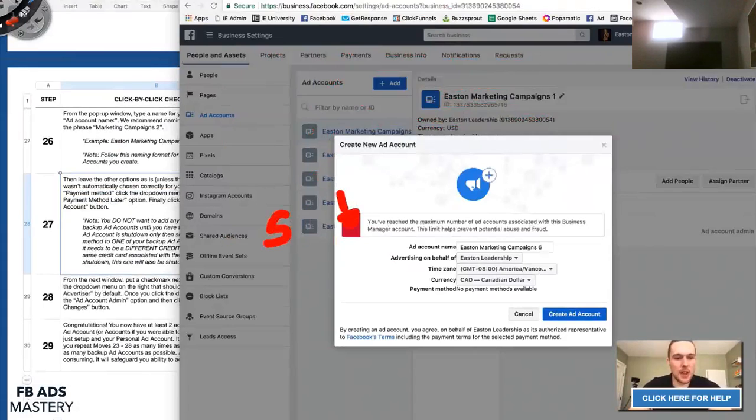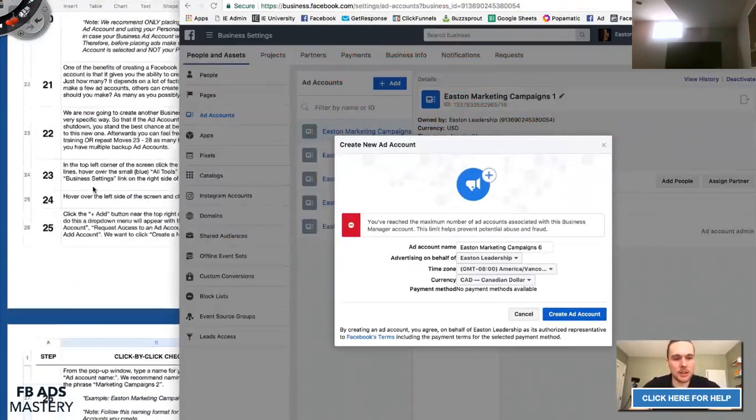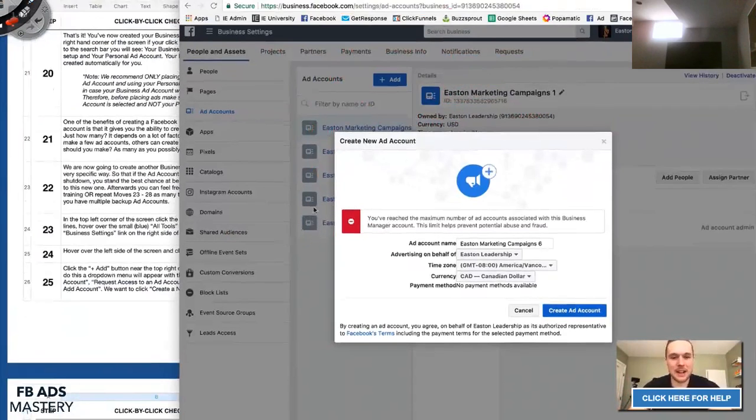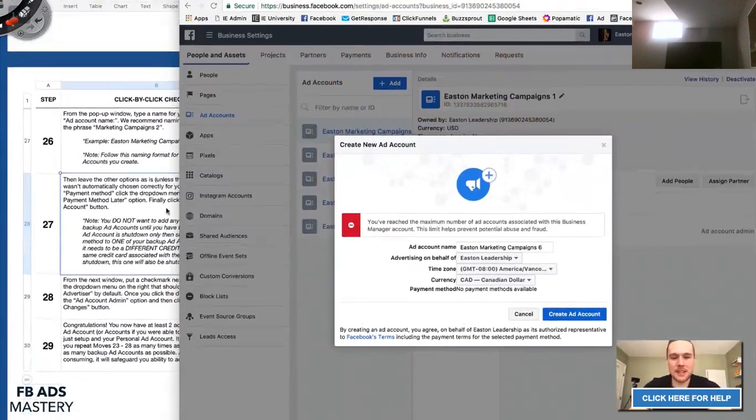So what I would do then is go back to step number 23, and hopefully by now you get the process of how to add ad accounts, and repeat that as many times as you can. But again, the cap for most people is going to be 5, but I've seen some people, for whatever reason, create up to 30. And even though it's a little tedious, trust me, you want to create as many ad accounts as you can. So keep going basically until Facebook gives you this message.